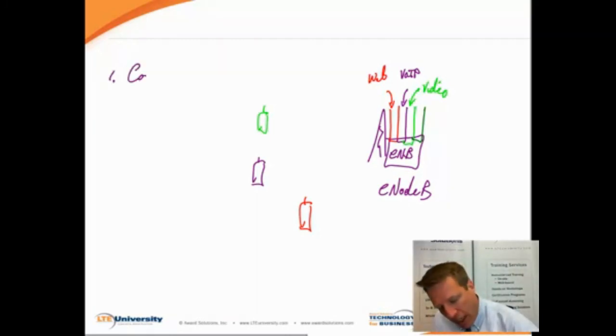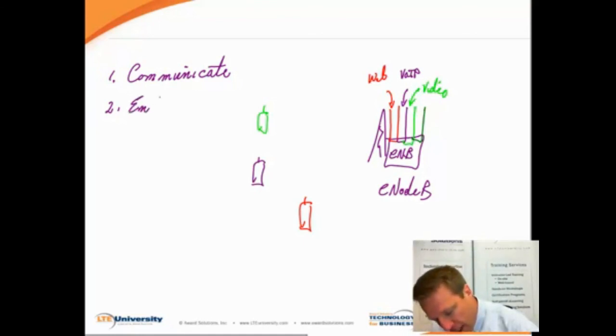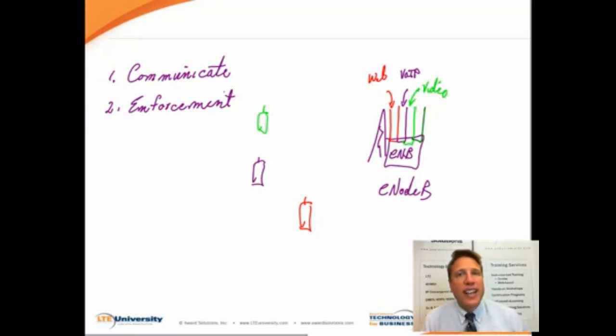Number one, we had to be able to communicate the QoS requirements for a session, maybe the data rates, how tolerant it is of errors, how much latency or delay it can tolerate. So we had to be able to communicate the QoS requirements for a session to every node that's going to be touching this flow of data. The second thing that we need to do is every node that touches the data has to have the authority and the ability to enforce that particular QoS for that stream of information.